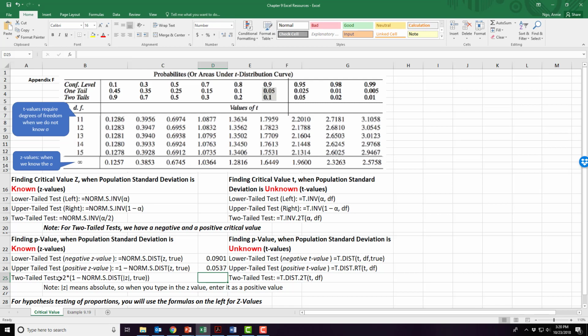So going here to our formula for our two-tailed test, when we know the population standard deviation, we'll type in equals 2 times 1 minus norm.s.dist, parentheses, and I've got an absolute z, meaning whenever you type in your z value, do not put in a negative, just put in the positive version of it. So that was 3.32, comma, true, close parentheses, and make sure you have enough parentheses to close your statement. And when you hit enter, we can see our p-value is